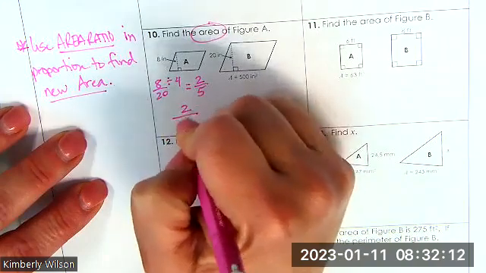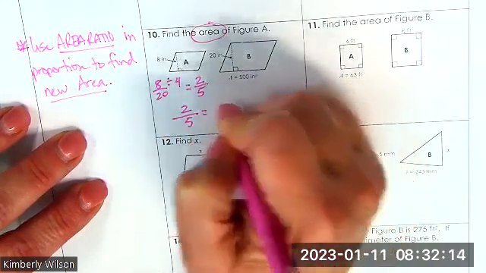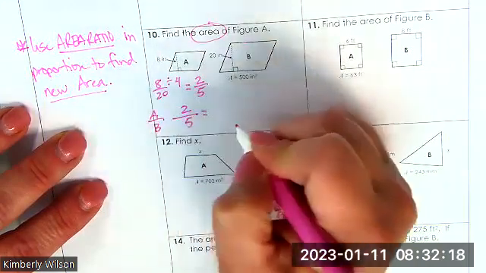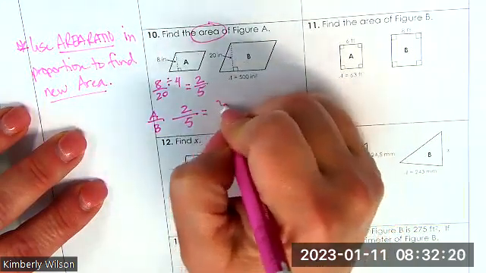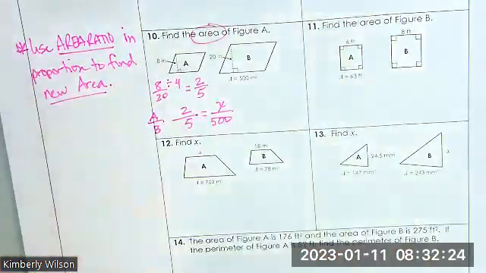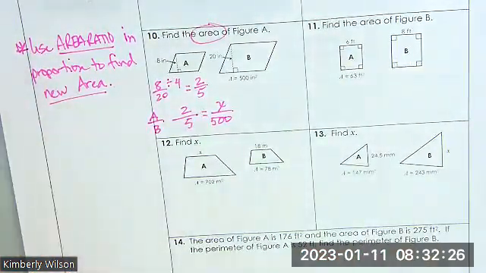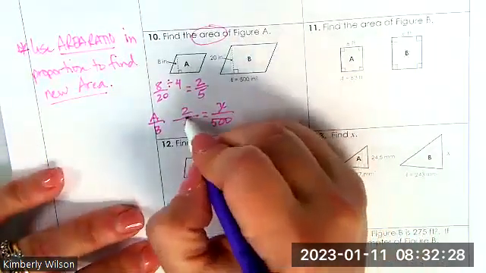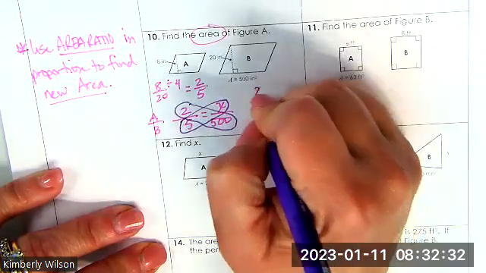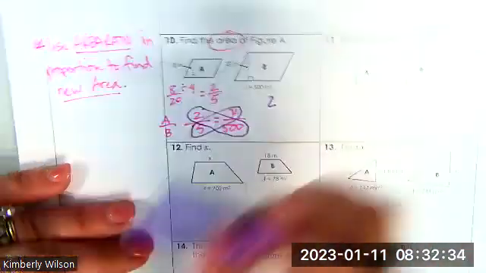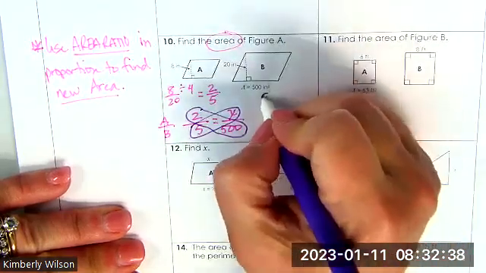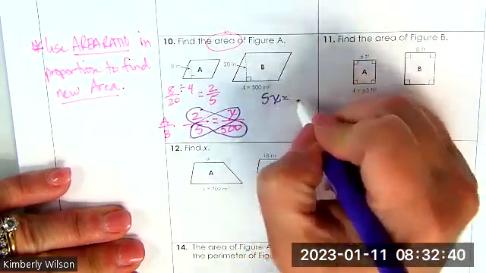So now I have 2/5 equals, this is A over B, so x over 500, which means we multiply diagonally, and I have 5x equals,